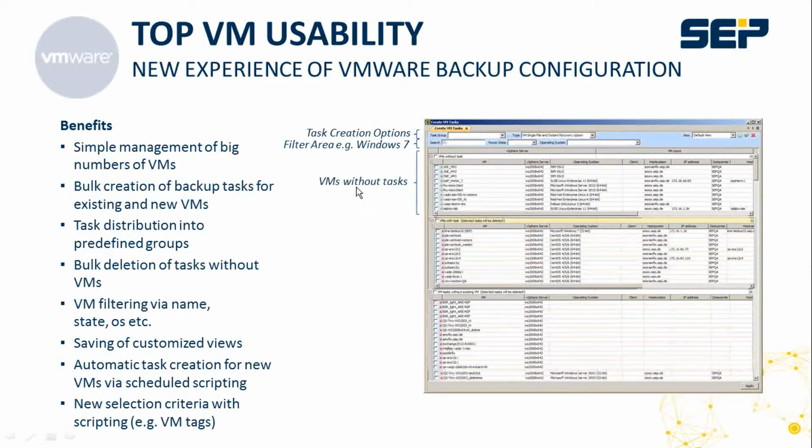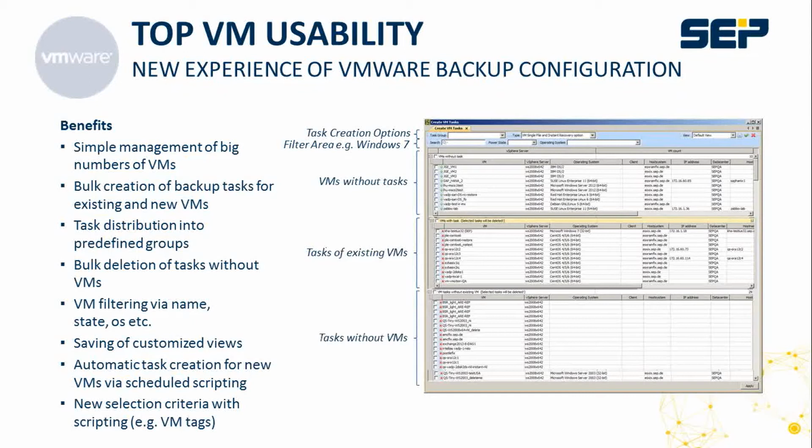And then we have the virtual machines which do not have a backup task currently. So you know exactly these are the VMs which are not saved, for which there is no backup task existing. Then we have the sections with the normal backup task for existing virtual machines, and we have the section for tasks without existing virtual machines. And in one view, in one dialog box, in one pane of glass, you can have a total overview of